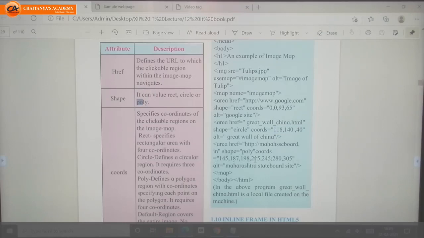If you give 6, then it will display the shape as a triangle. Whatever shape you want other than rectangle or square, it will depend on your coordinates. Coords means coordinates, and it will give that shape.